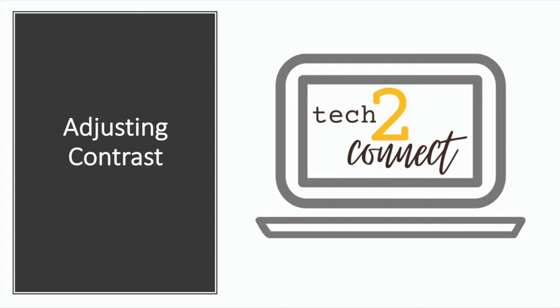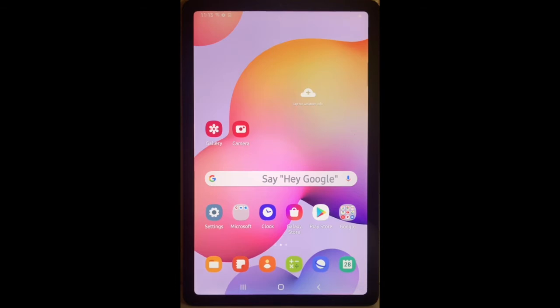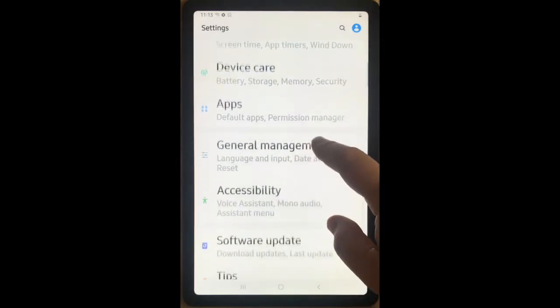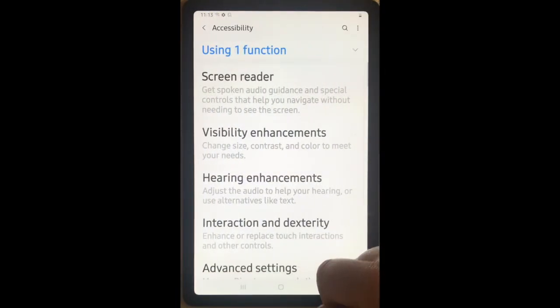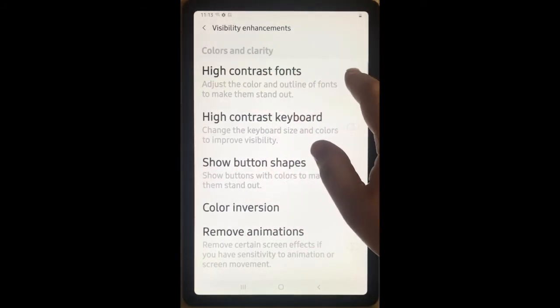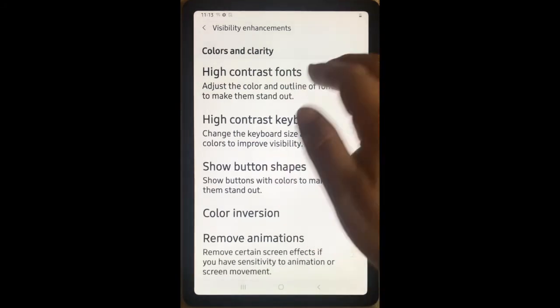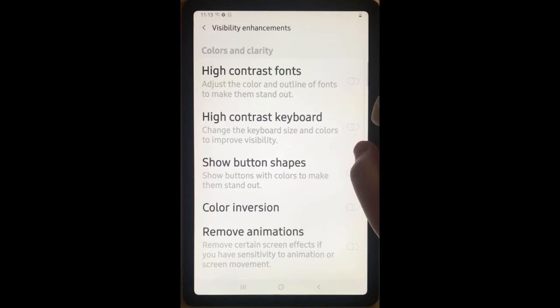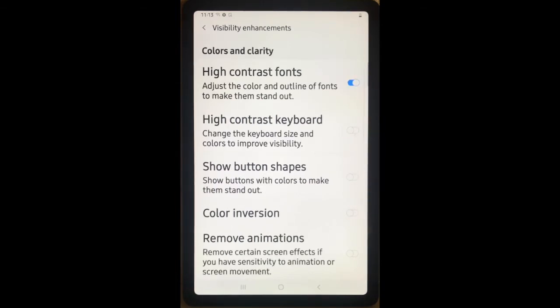Next, we're going to look at adjusting contrast of fonts and keyboards. We will also access this through settings and accessibility under visibility enhancements. This first one will make a higher contrast of our fonts, so you can see that it stands out a little bit more. Okay, I'm going to select that again so you can see the difference. Okay, and then high contrast keyboard,